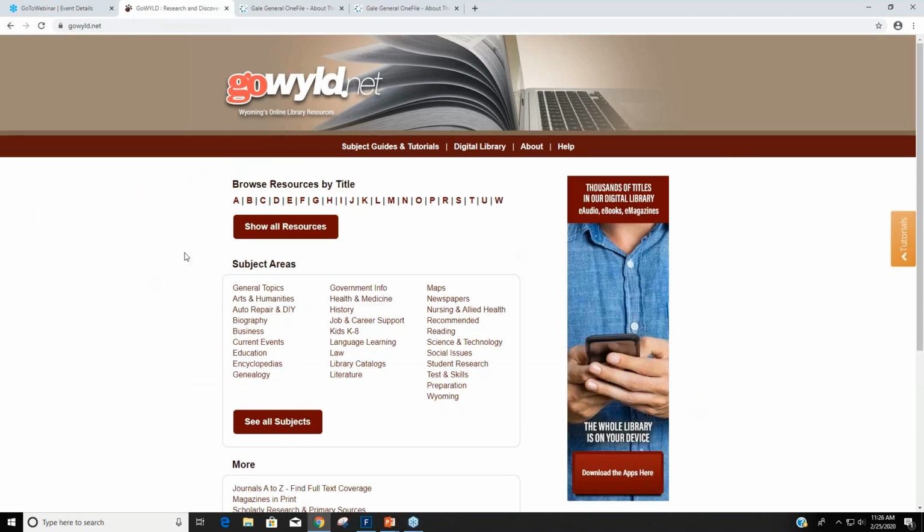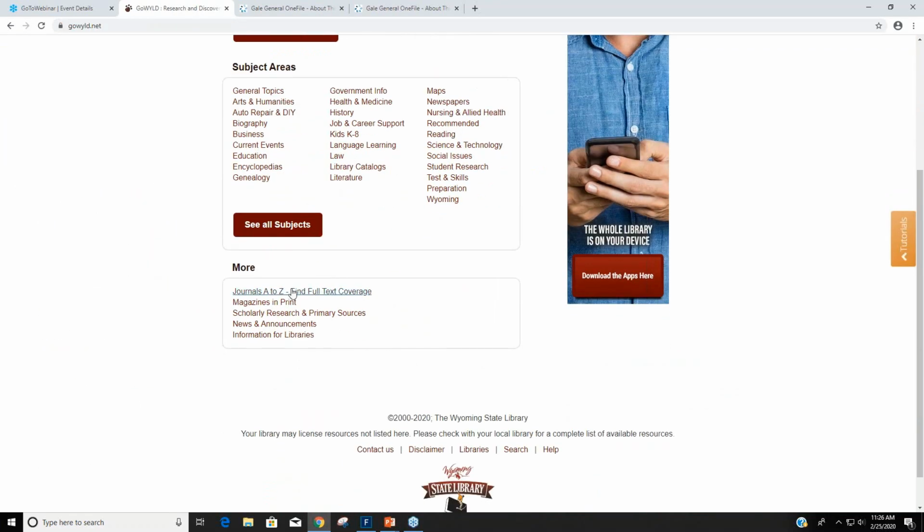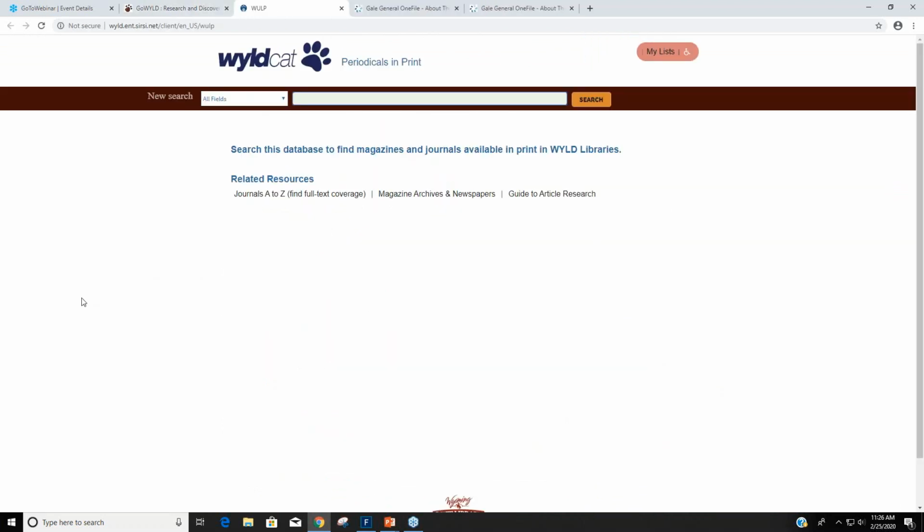Go back into GoWYLD.net and back to the bottom. Below Journals A to Z is magazines in print, and this is the Wyoming Union list of periodicals, and it lets you find what journals and magazines are available in WYLD libraries. So I'm going to search periodical title Alaska,